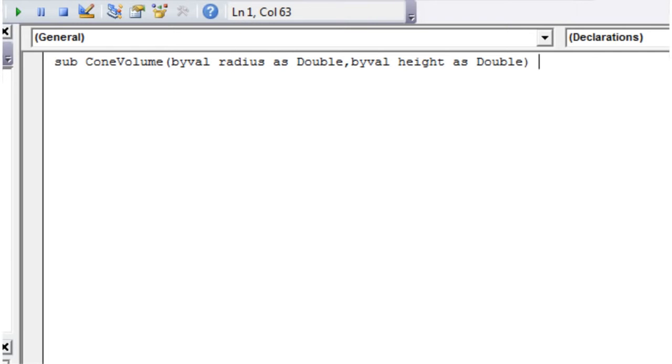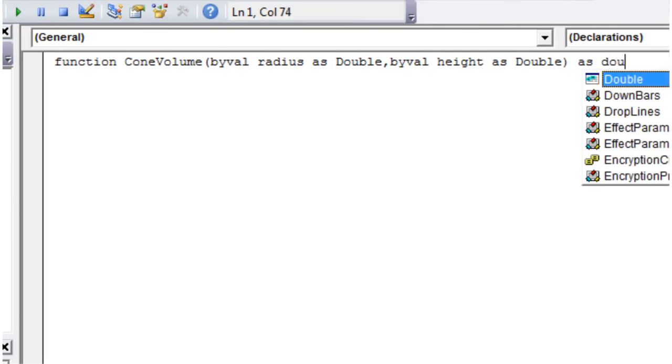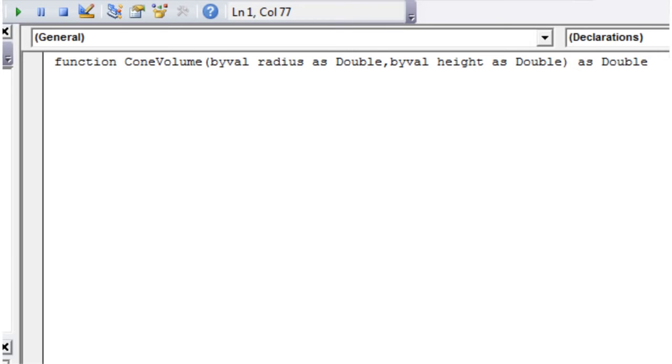And then finally, something we've never done on this line before, because I want this to be a function that returns a value, we just need to declare what value that function is going to return as well. So I'm going to put Double at the end. That's just saying, okay, my function is going to return a value when we call it, and that value is going to be in the form of a Double. Let's press enter, and then we've got the structure of our function set up, and then we just need to put in our formula for the